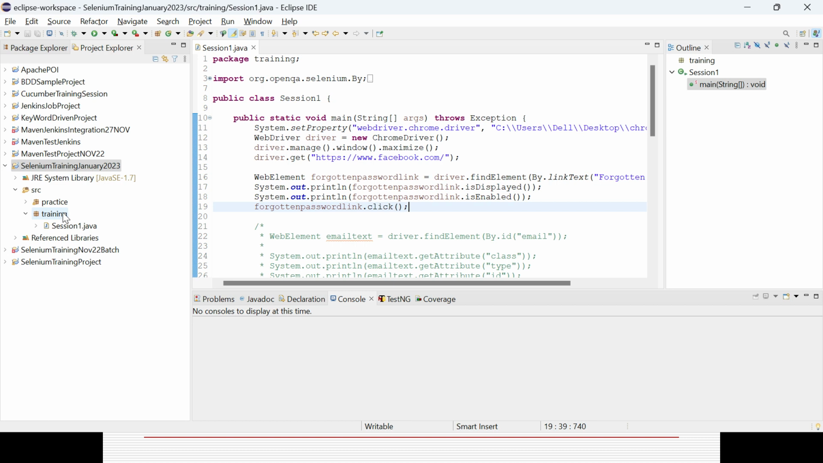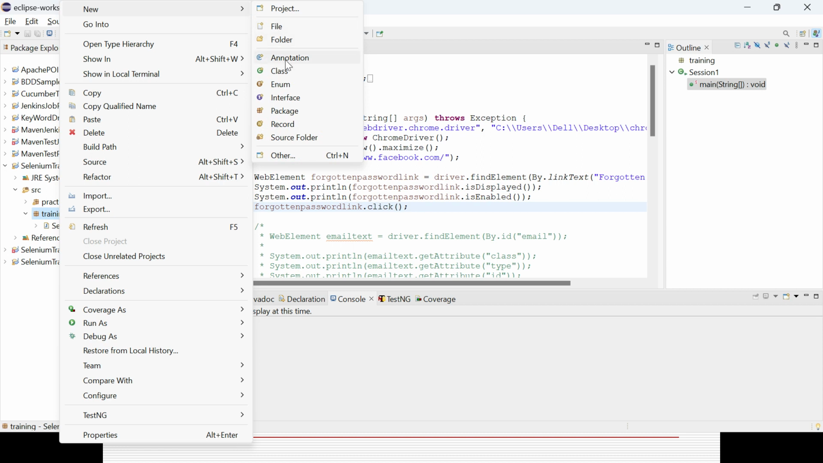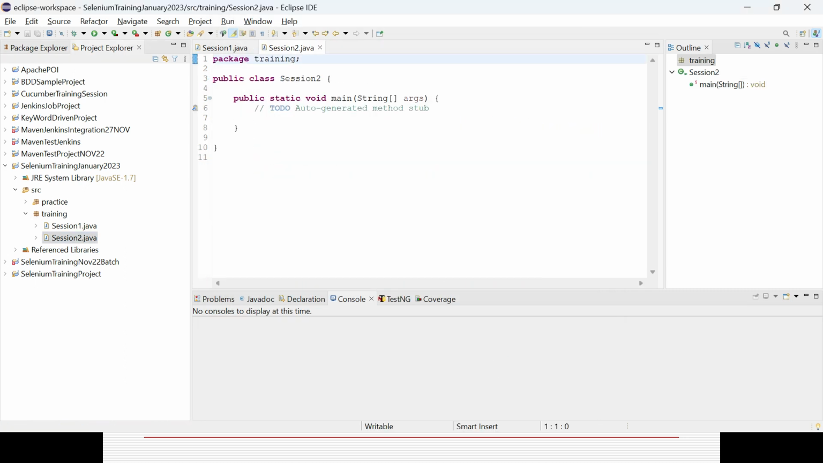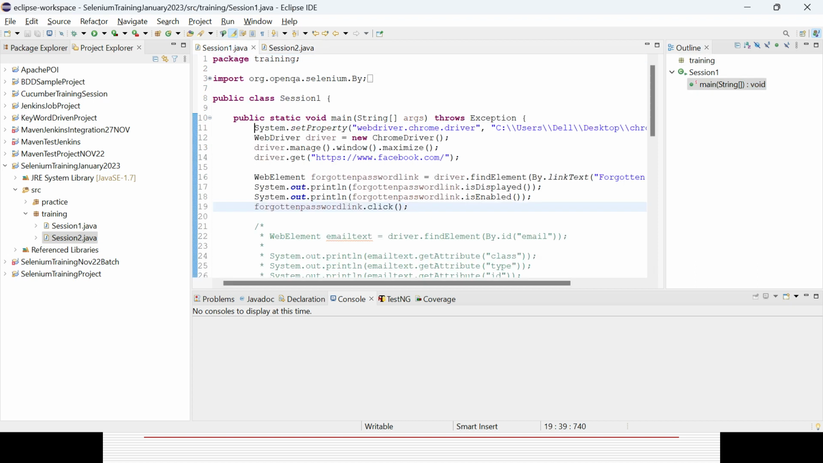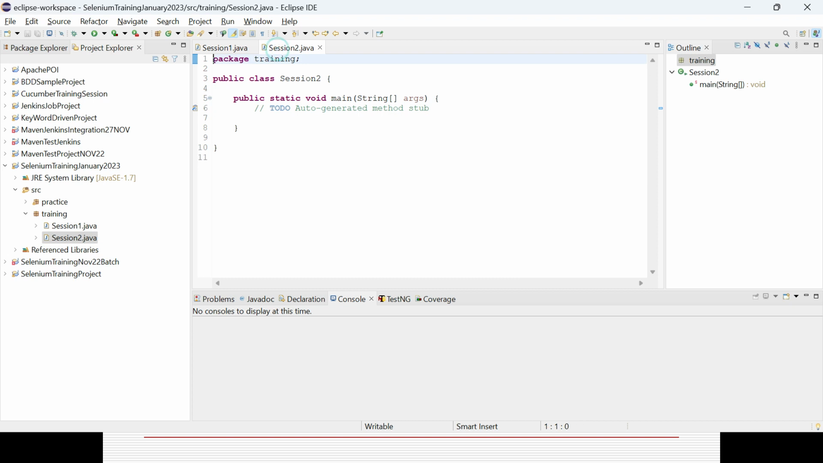So you already saw how to create the project, then packages and then the class. Today in the training package, I'll create one more new class. It will be new and then class. I'm giving the name Session2 and I'll be selecting the main method which is coming from Java. Okay, so I will simply copy the steps written yesterday and repeat how we are